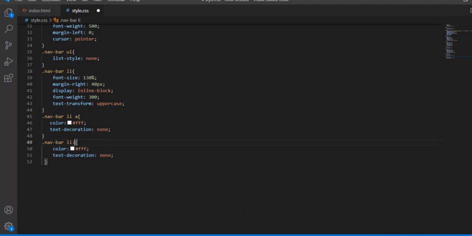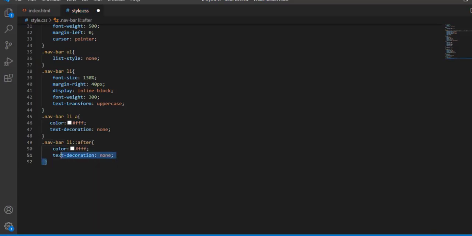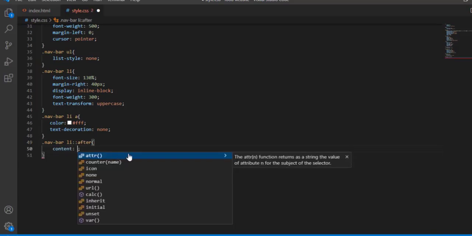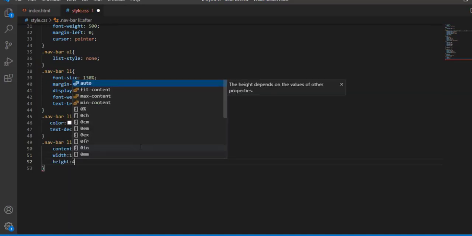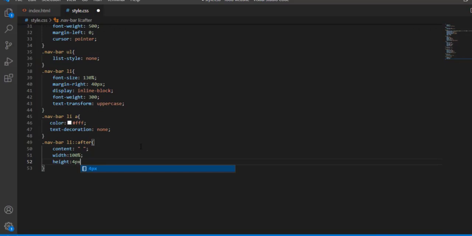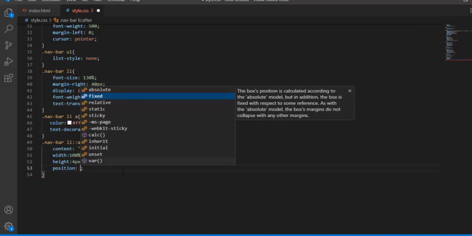Now let me add hover effect over this navigation menu. Before that, let me add using navbar a:after, content, width 100%, and height 4 pixel, position